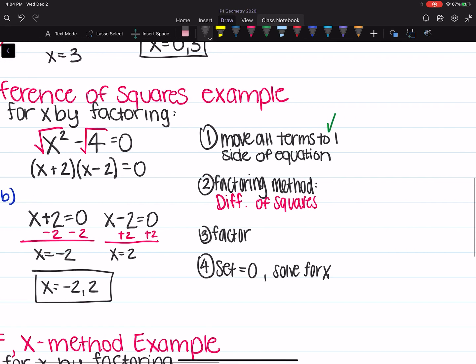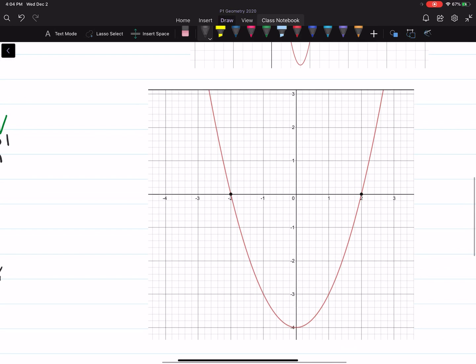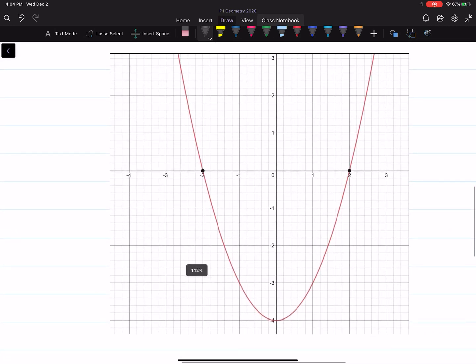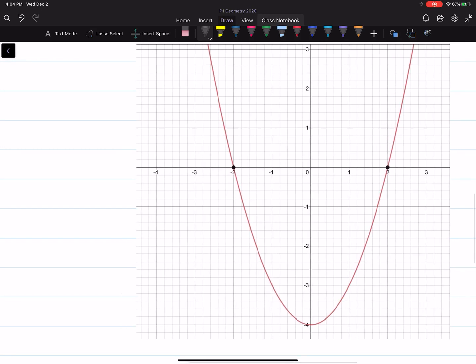Again, looking at what our solutions actually mean on a coordinate graph, I went ahead and graphed this in Desmos. This is a great way to check your solution to make sure that you are solving correctly. So all I did was type in that quadratic function that we started with. That x squared minus 4 is what I put into Desmos,